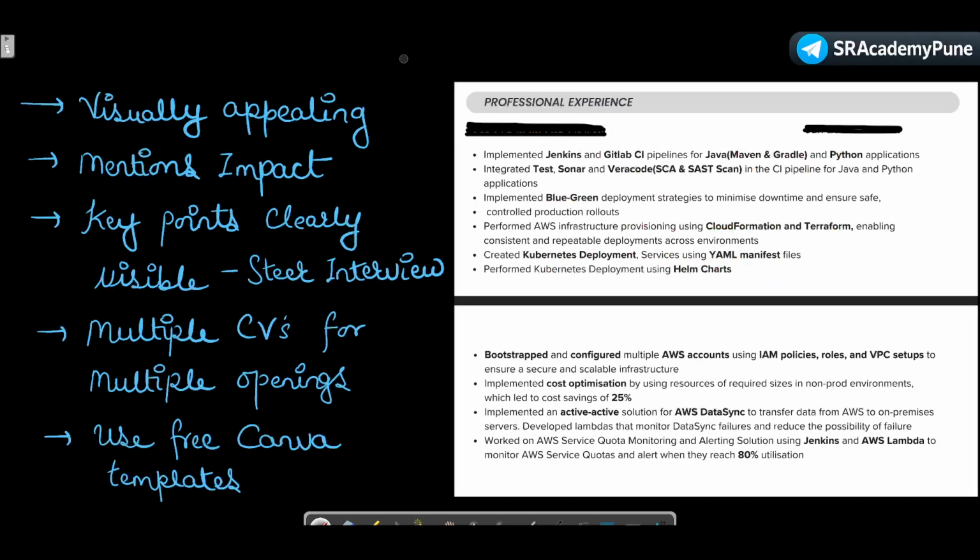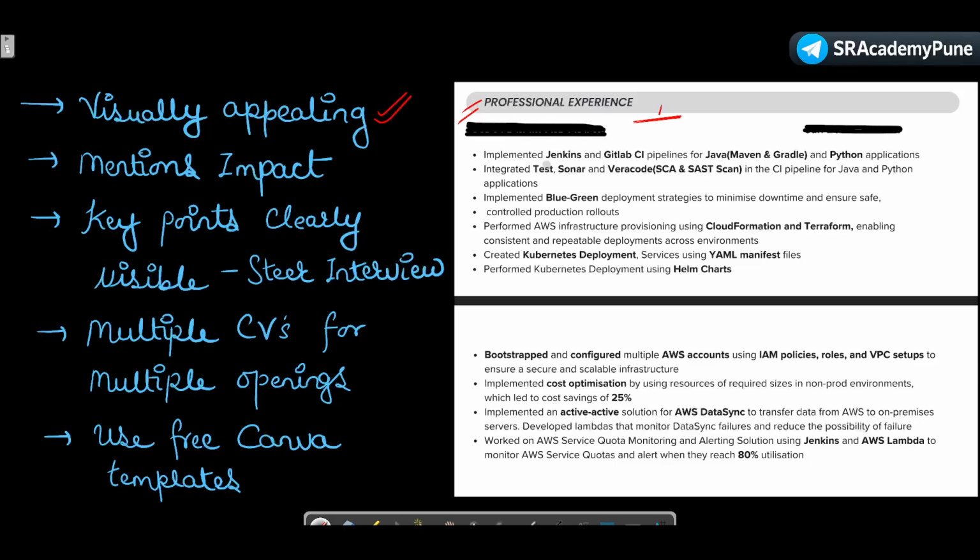So this is my CV. Here you can see that it is visually appealing. I have properly mentioned my professional experience and there is a bit of a color contrast which gives a visual border, a distinction between the above section and the below one. These are minute user experience details.